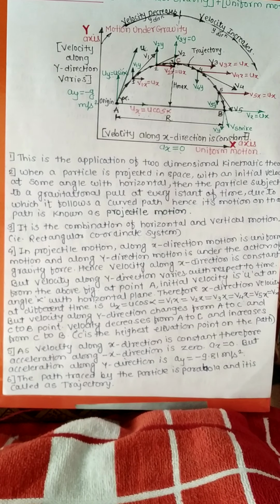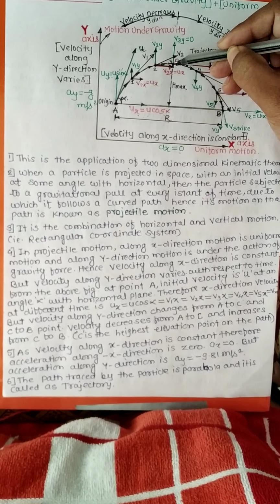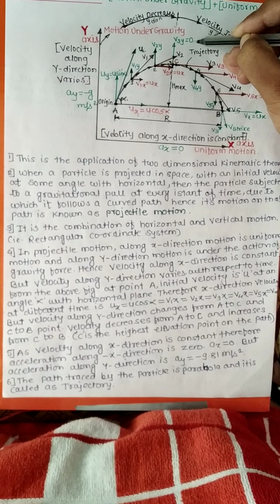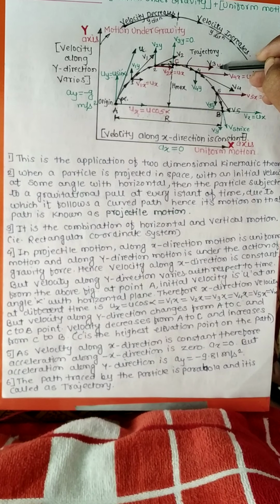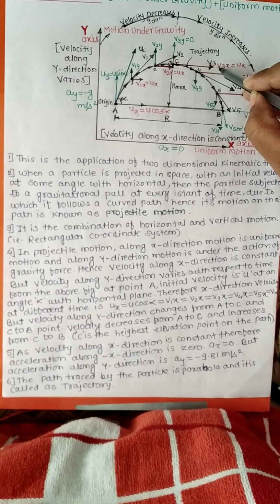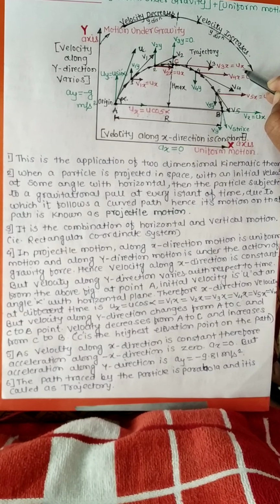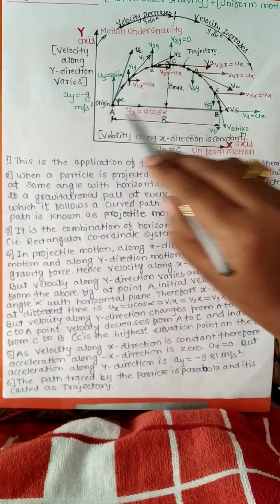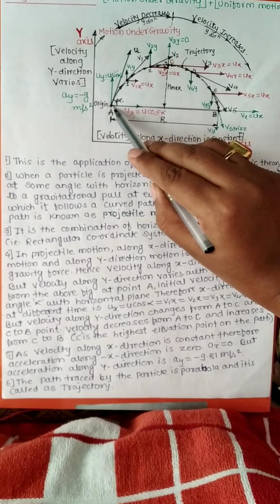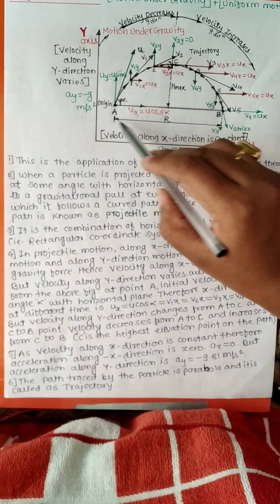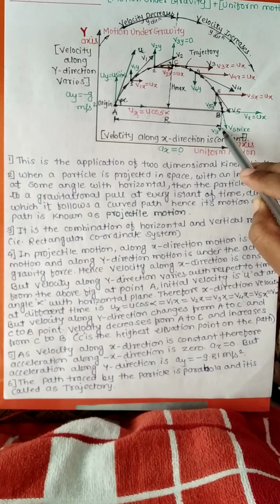Now, the most important point in projectile motion is at point C, where the y component of velocity will always be 0, but the x component will be constant, and that equals ux, which is u cos alpha. The horizontal distance between the point A and B, where A is the point of projection and B is the point of landing, that is, the horizontal distance between the point of projection and the point of landing, is called the horizontal range,